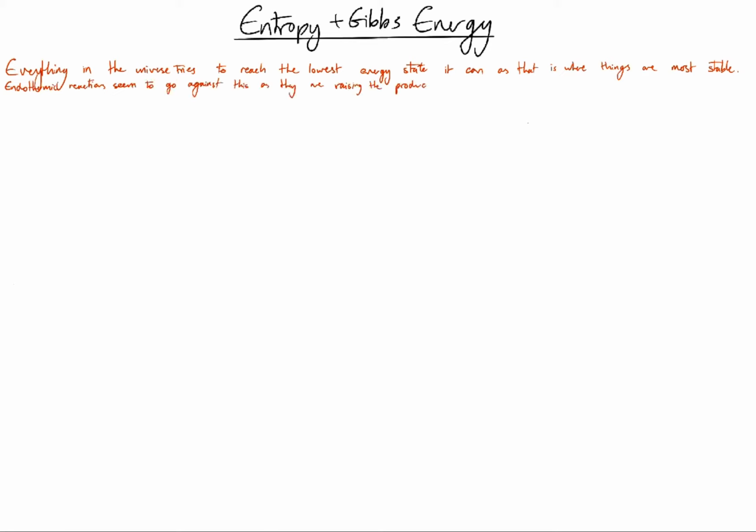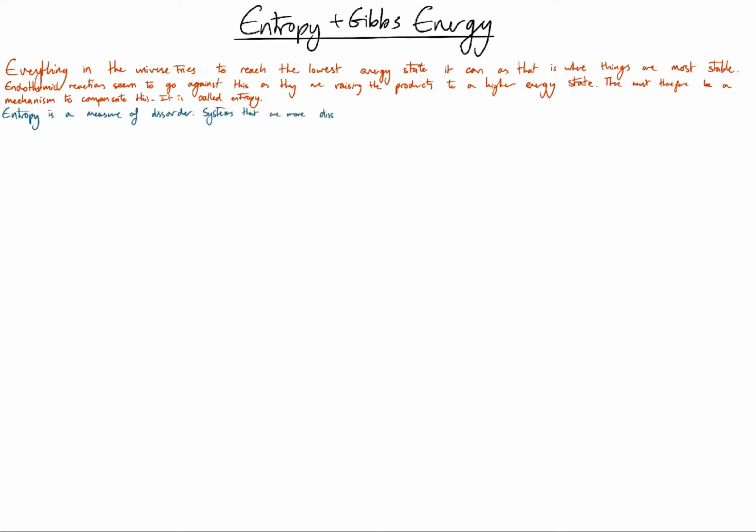Systems that are more disordered are at a lower energy. And we can calculate the entropy change of a system using delta S equals the sum of the entropy of the products minus the sum of the entropy of the reactants, and the units are joules per mole per Kelvin. We're going to start off with an example of calculating the delta S of a reaction of